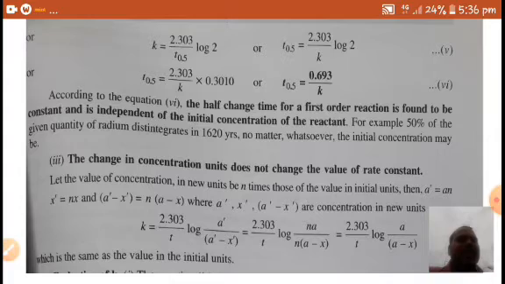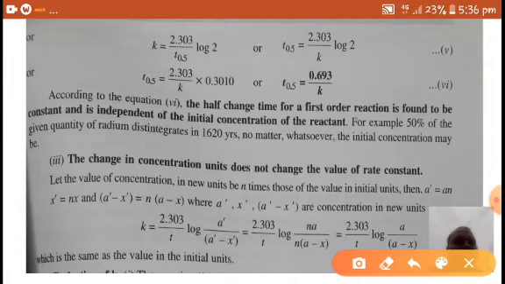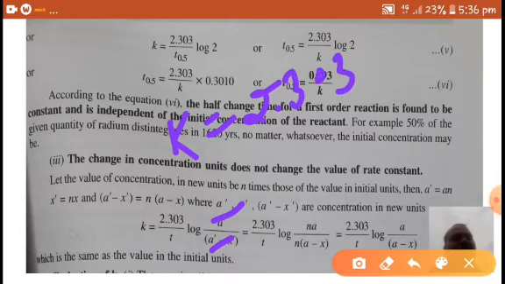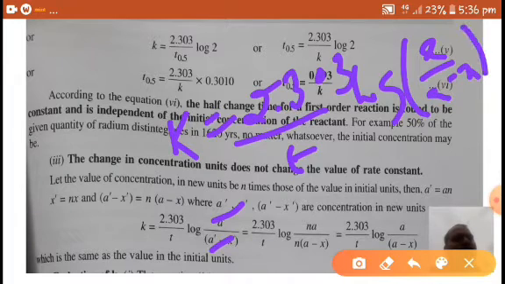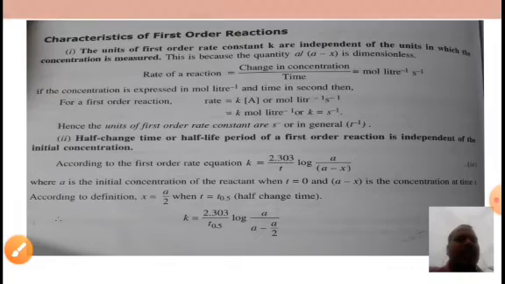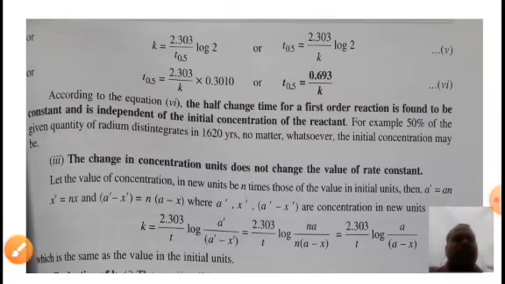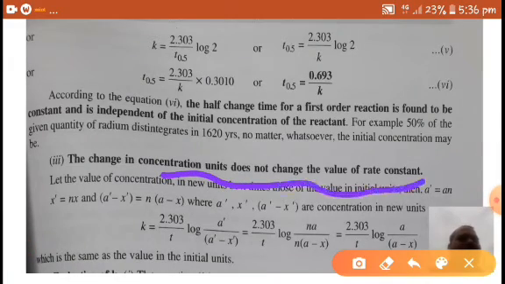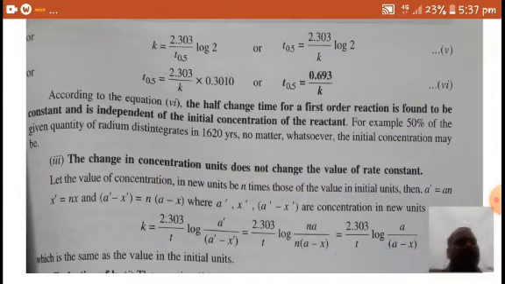And the third characteristic of first order reactions is that the change in concentration units doesn't change the value of the rate constant, because they cancel out from the equation. So k is equal to 2.303 by t log a by a minus x. So these will be cancelled out, right? So the change in concentration units doesn't change the value of the rate constant, right? Okay, next,